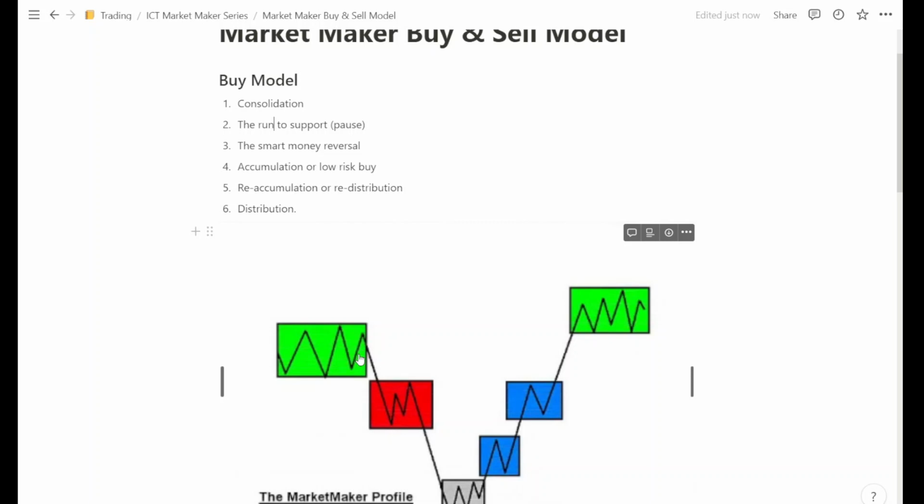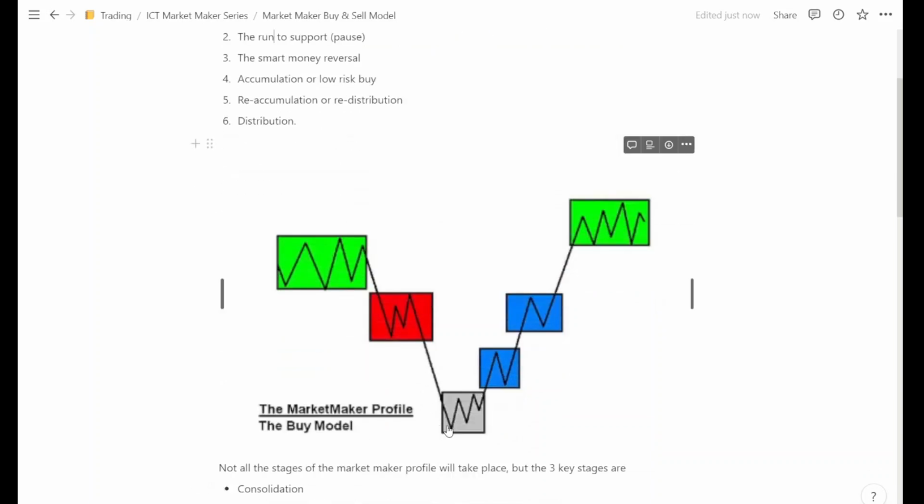Okay, so price will consolidate, run down or run up to a level of support or resistance. Or let me just focus on the buy model first and foremost. So price will consolidate just before getting to an important price level. It could be a fair value gap, another block, OTE, whatever. And then run away from it and then pause. Inside of that pause, usually price would form a short-term high and then sweep the short-term high and then run down again to another level of